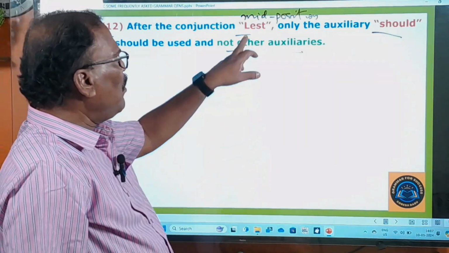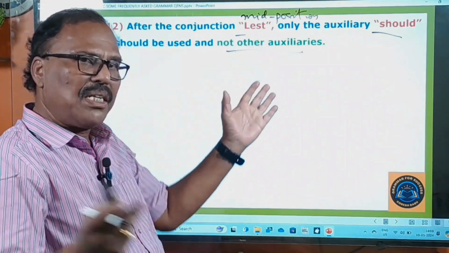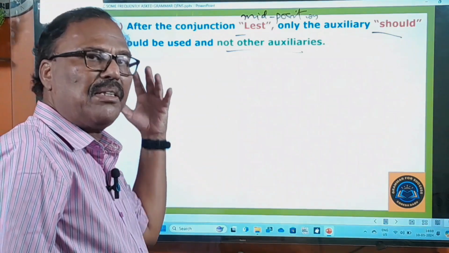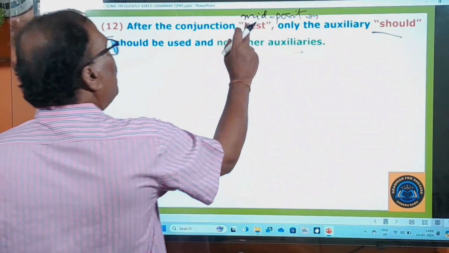సెంటెన్స్ లో ఎప్పుడు మిడిల్ లోనే వచ్చే కంజంక్షన్ కాబట్టి మిడ్ పొజిషన్ కంజంక్షన్. అదర్ కంజంక్షన్ ఆర్ దట్ they appear at the beginning of the sentence, in the middle of the sentence, and but here it is only mid position conjunction,